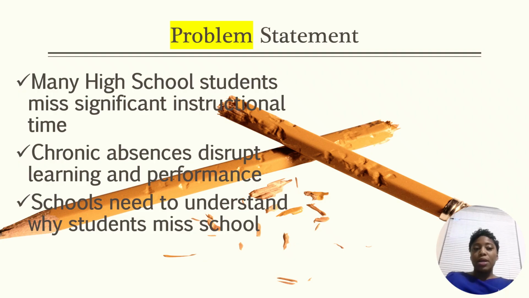Problem statement. Many high school students miss significant instructional time. Chronic absences disrupt learning and performance. Schools need to understand why students miss school. This weekend, we're going to start what's called seat time. A lot of my seniors have to have seat time, which means it's a law. It's a law now. If they miss so many days of school,